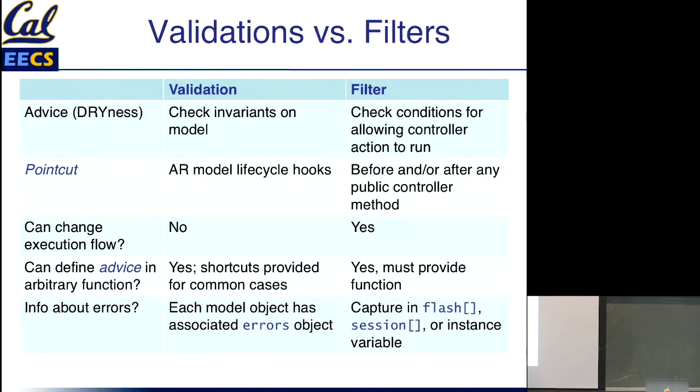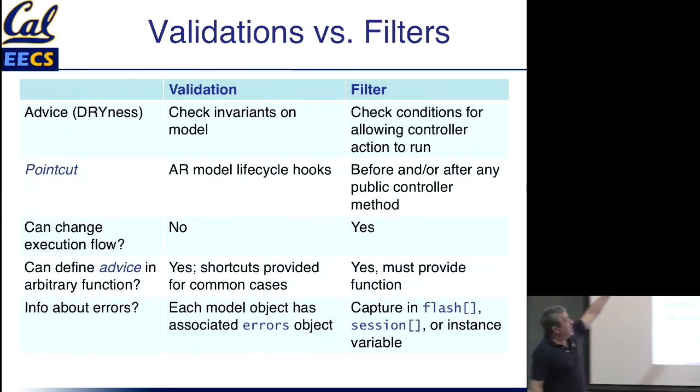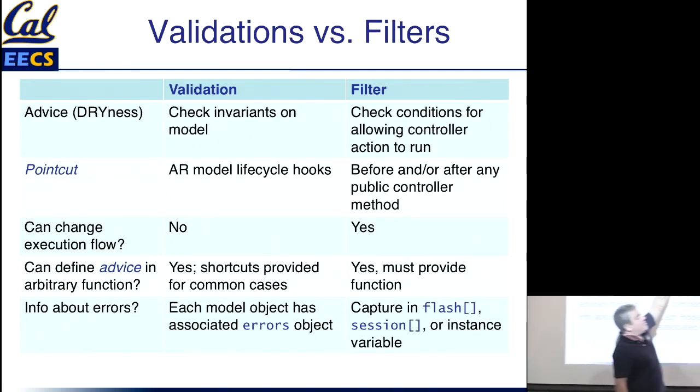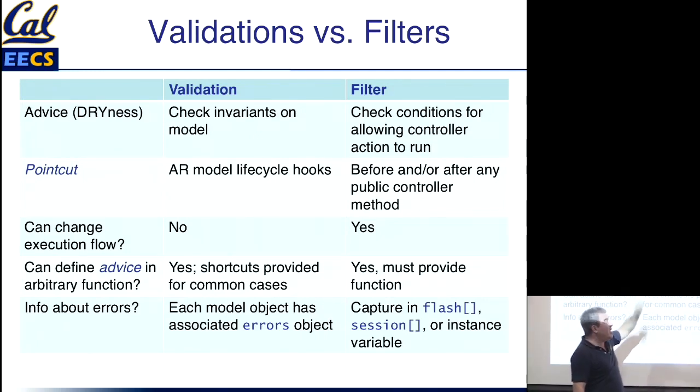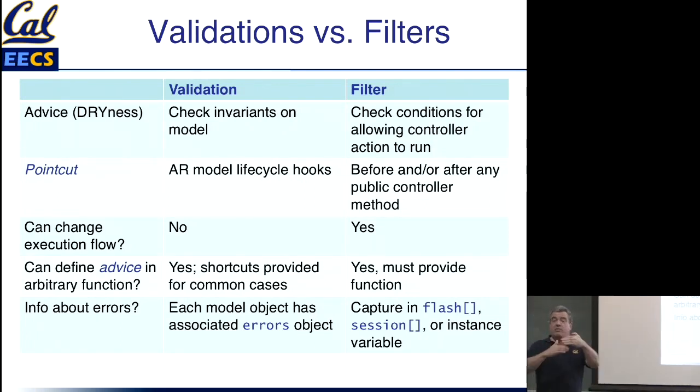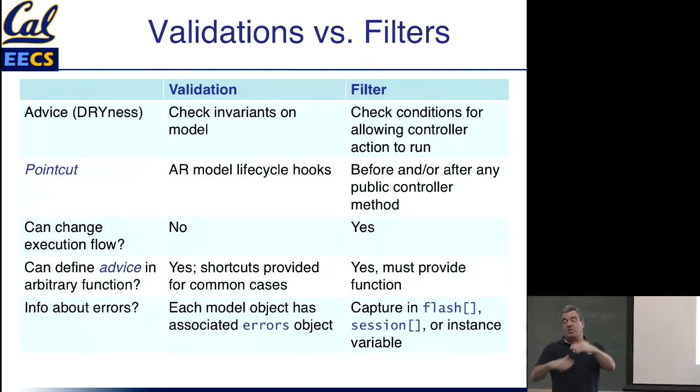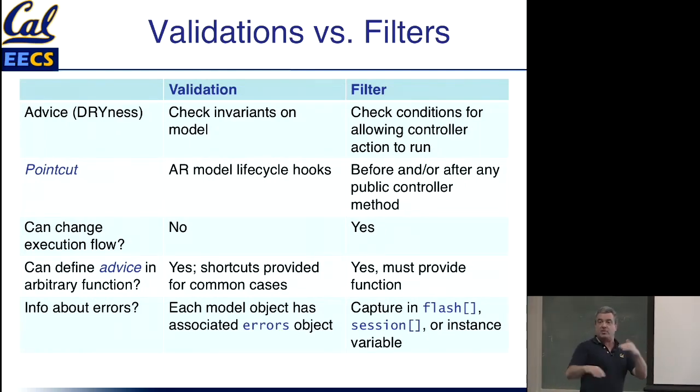Both of them are examples of aspect orientation because they allow you to provide advice, some conditions that you are checking that you wish to make sure are true. They both rely on specific point cuts, and in Rails, the point cuts are defined for you. Validations are run during these lifecycle hooks, most importantly, anytime there's a save. Controller filters are run before and or after. You can also specify filters that run after a controller action. So for example, you can log that somebody just updated the super user record in the database. I allowed it to happen, but you can run an after action.